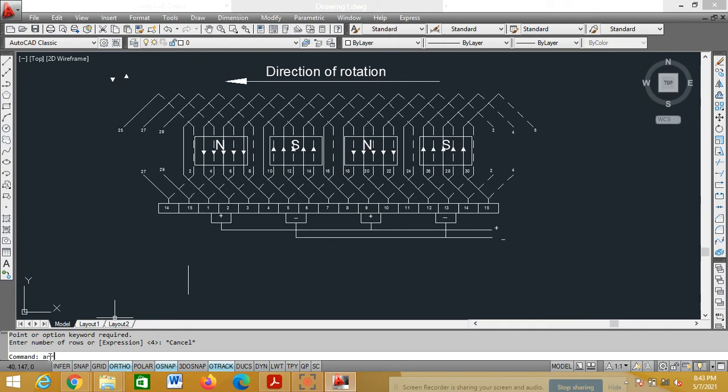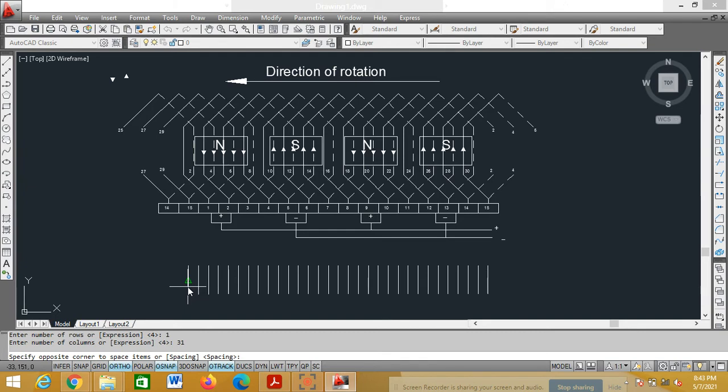Go for the array option. Select the object, press enter. Type of array, rectangular, R, enter. C, count, enter. Number of rows, 1, enter. Number of columns is 31, enter. Spacing, yes, enter. 1, enter. So we have drawn the 31 conductors.